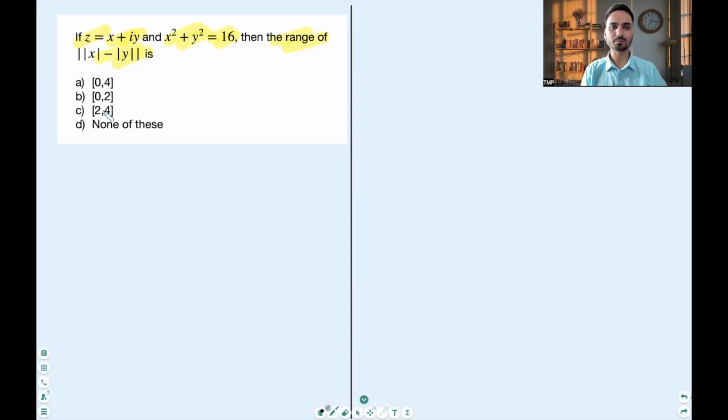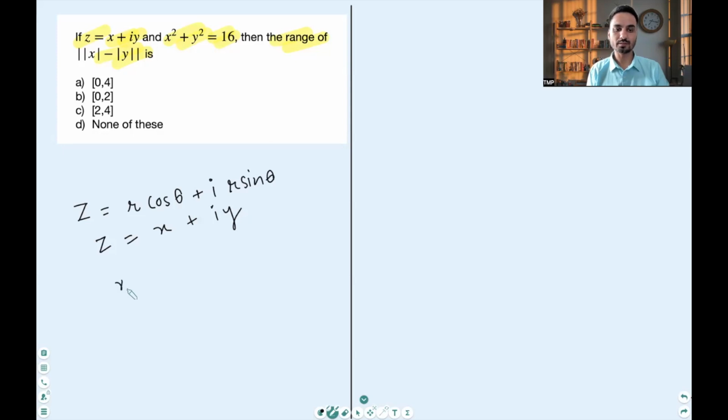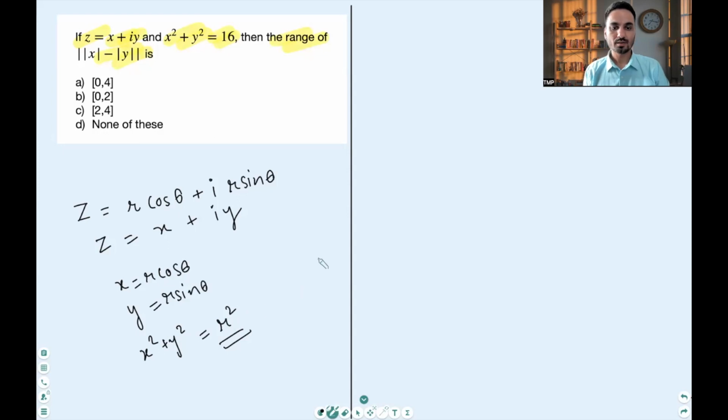To start with, we'll write the complex number in the polar form, which is z can be written as r cos theta plus iota r sine theta. And comparing the given number x plus iota y with this, we know that x equals r cos theta and y equals r sine theta. And x squared plus y squared is equal to r squared. That means we are given the value of r squared, which is 16. That means r is 4,